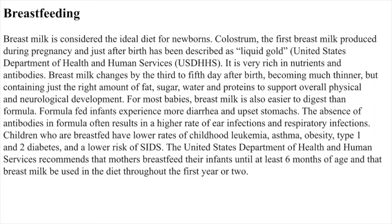For most babies, breast milk is also easier to digest than formula. Formula-fed infants experience more diarrhea and upset stomachs. The absence of antibodies in formula often results in a higher rate of ear infections and respiratory infections. Children who are breastfed have lower rates of childhood leukemia, asthma, obesity, type 1 and 2 diabetes, and a lower